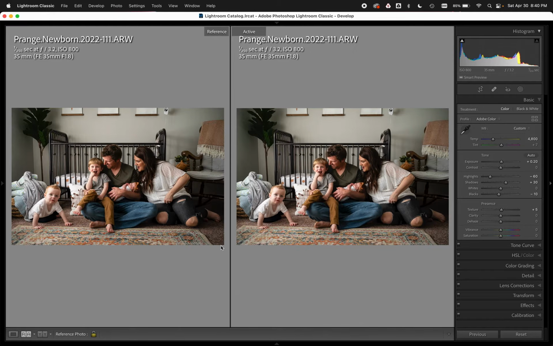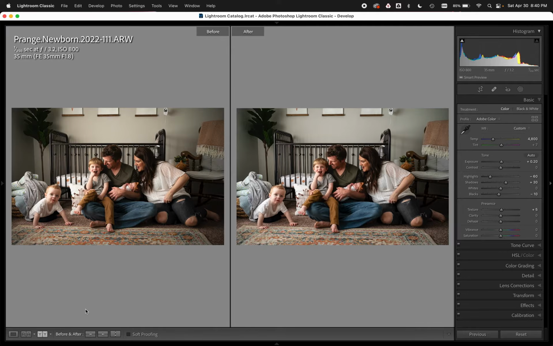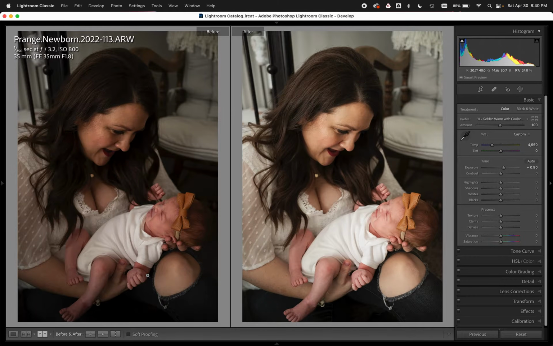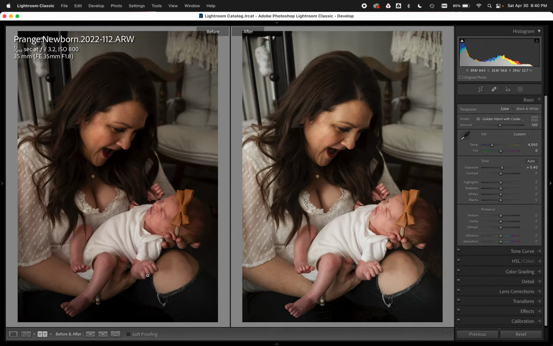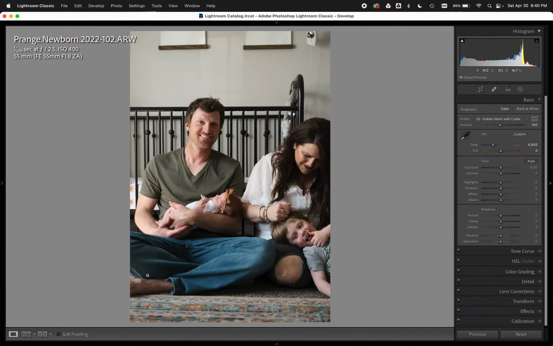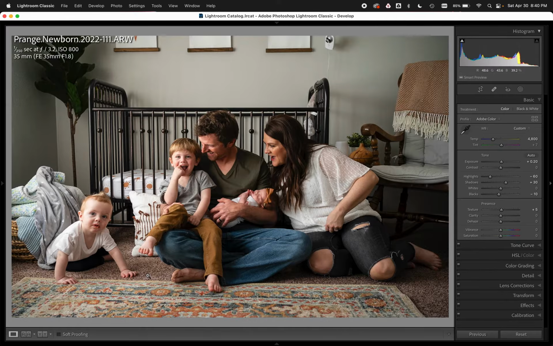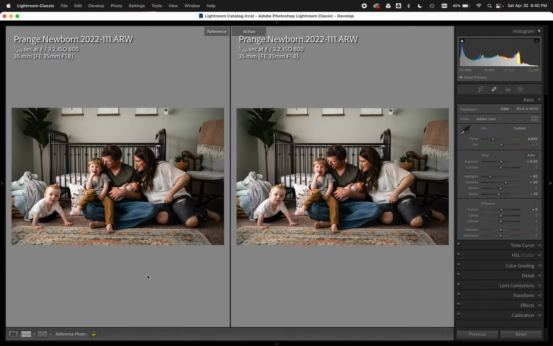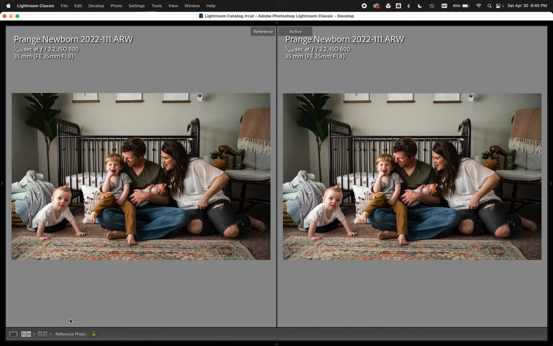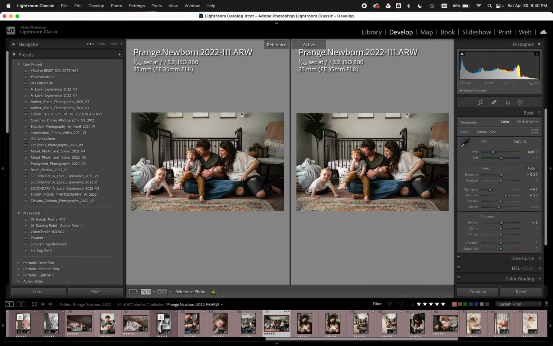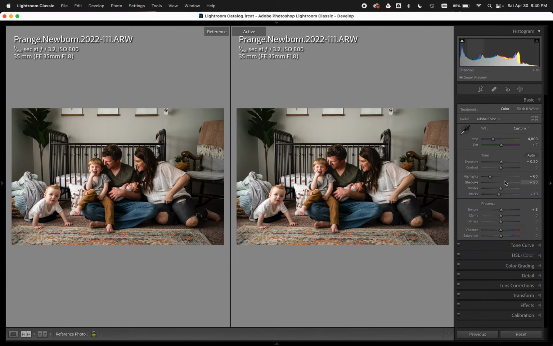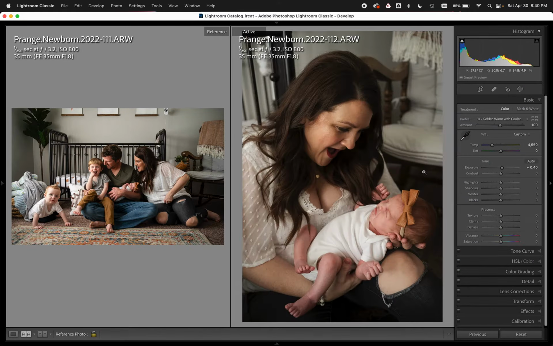I'm going to get out of reference mode here real quick and just go back into this. You view every image one at a time, okay? This is the normal, typical way that you're going to edit in Lightroom, one image at a time, right, with your develop panel. Well, what I'm going to show you here with reference mode is going to give you the ability to look at your reference image on the left, which I'm going to drag and drop over here, Shift R, reference photo, and now, this is the cool part, we can go to each image and match